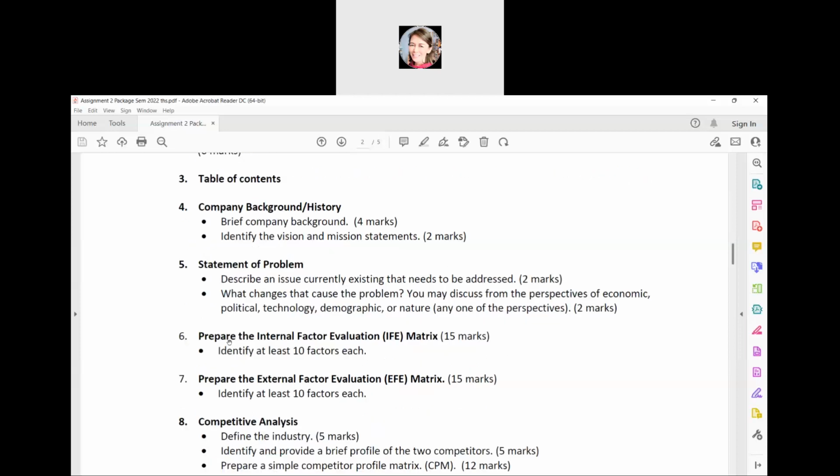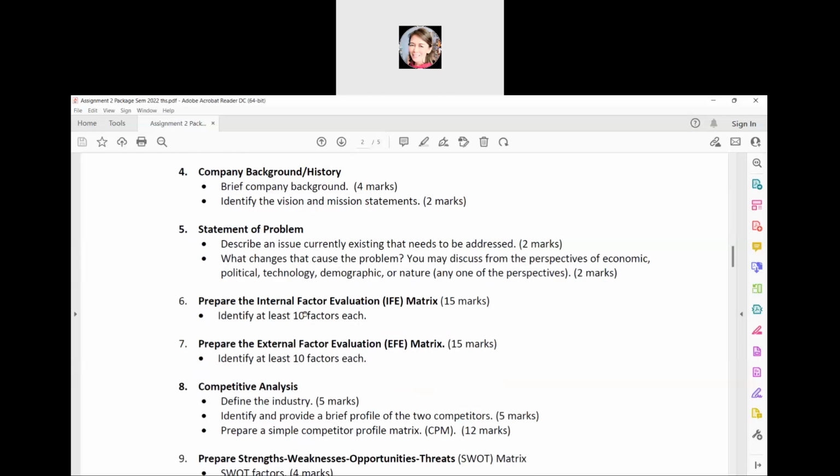The next one is preparing the internal factor evaluation matrix. This is 15 marks. This is quite a lot. Okay, 15 marks, and 15, that's 30 altogether. Okay, for IFE alone, you are to identify at least 10 factors each. Each means